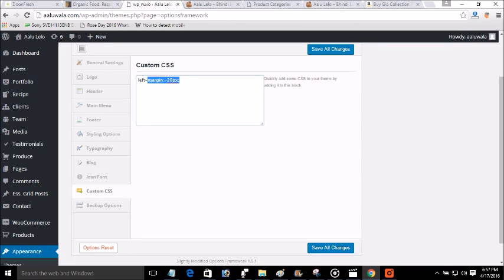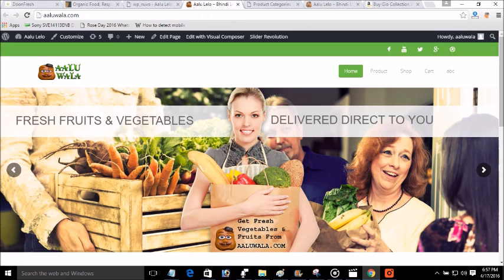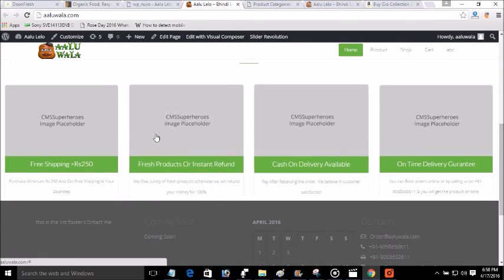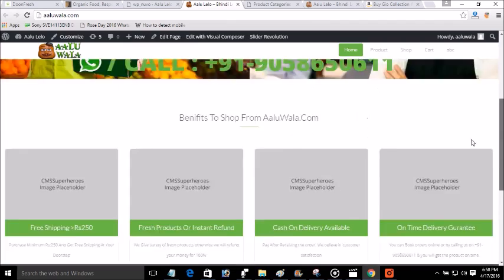Suppose you want to develop some new exceptions for your website, so you can make the script, this CSS customizable by yourself. So this is my home page, in which I have a slider, the menu bar, and for this cash on delivery and all that, these widgets and the footer.